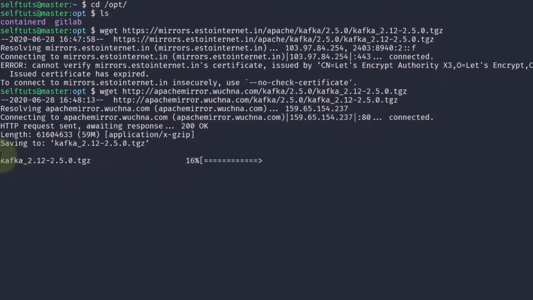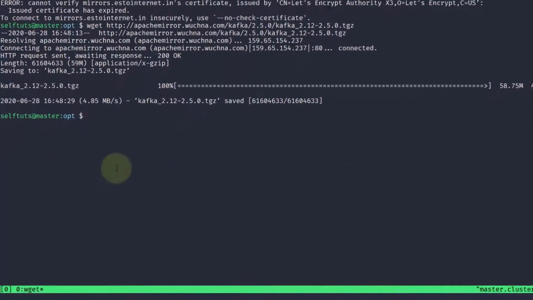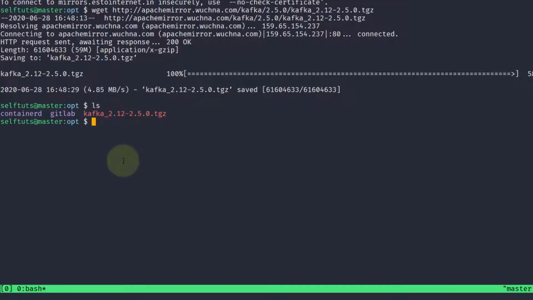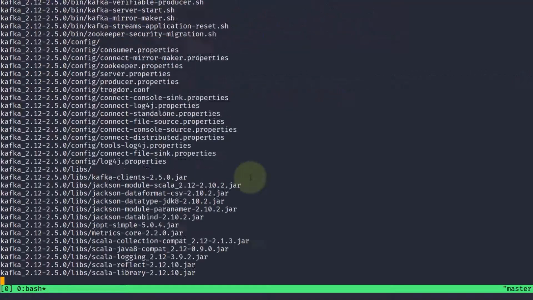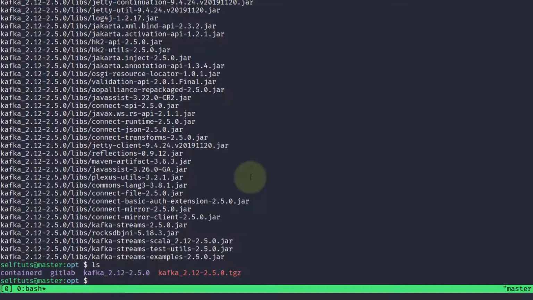You see that you can easily download this one, and I'm having a nice speed, let's say 5 Mbps, and it is saying that 4 seconds is left, 3 seconds, 2 seconds, 1 second. Okay, so now the tar file has been downloaded and you can see it is listed here. I'll unzip this tar file using tar -xvzf and then the Kafka tar file name. This will untar, or basically unzip. You can see we got a new folder here, that is Kafka.